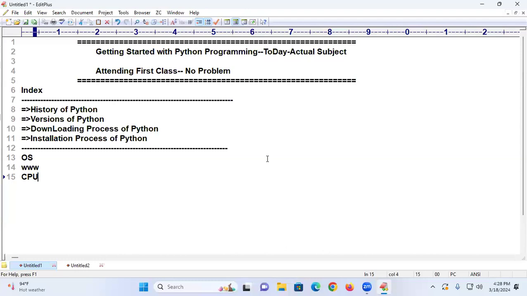You are telling only the full form. Now I am asking, what is the real-time purpose of OS? Tell me. What is the real-time purpose of WWW? What is the real-time purpose of CPU? What will the CPU do internally? You tell me. So this is the talent of CSC people.